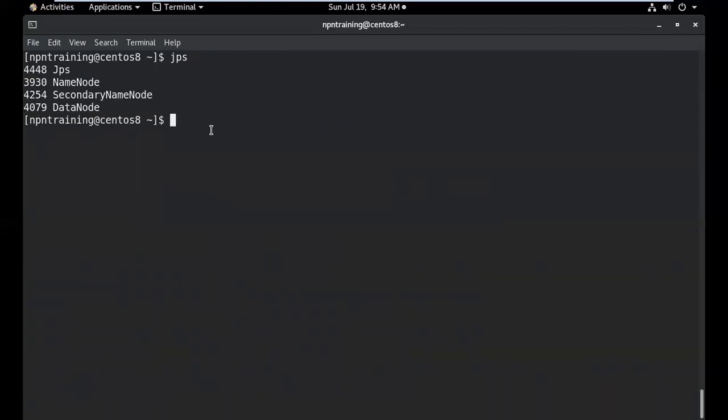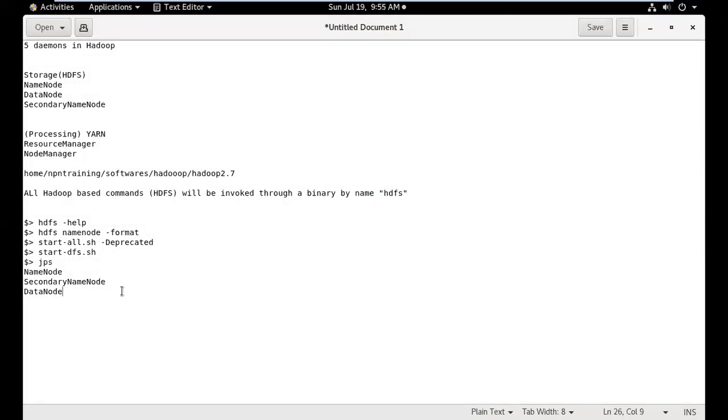Now we have to start services related to processing. So the command is start-yarn.sh. And if you use environments like Cloudera, you will not even learn how to start and stop things like that, because they give you a quick start VM with everything started.